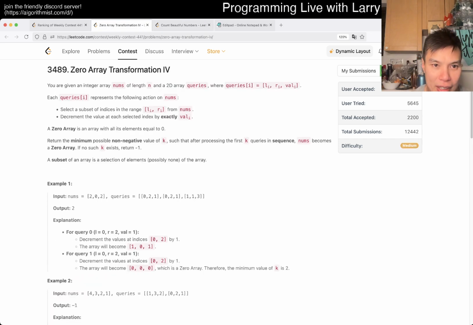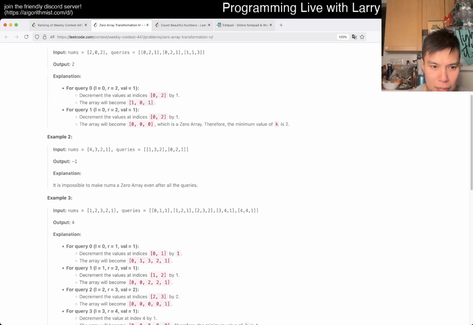3489 0 await transformation 4. Why am I reading it out loud? Okay, you have queries, query sub i's, left right value, select a subset of indexes, determine the value at each selected index by exact. Okay, so it's not up to, it's exact. I think that's the other one that we were looking at. Return the minimum number of k such that after processing the first k, okay, is generally going to be binary search,